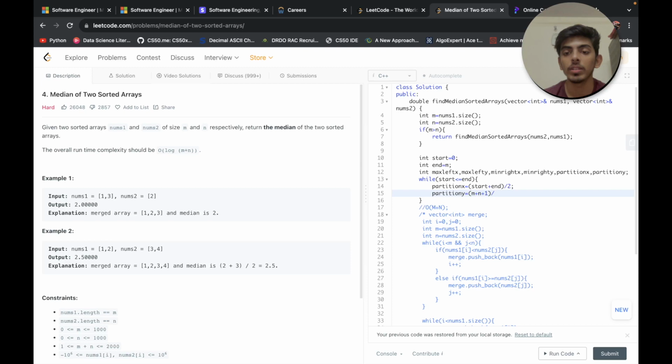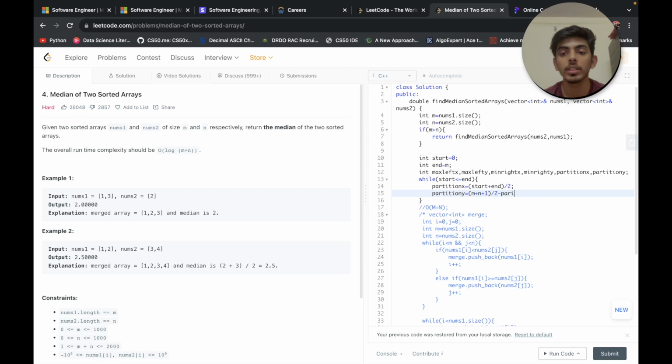That's why we have added 1 over here. M plus n plus 1 divided by 2 minus partition x. So we'll be having partition y as well.